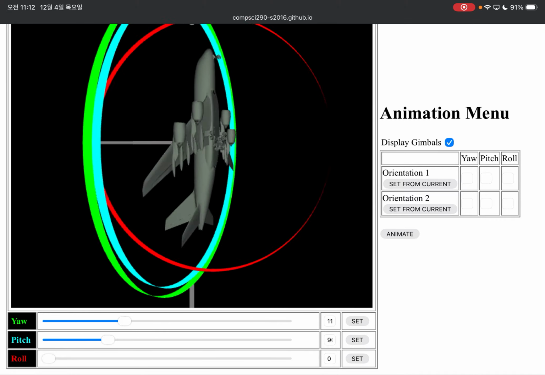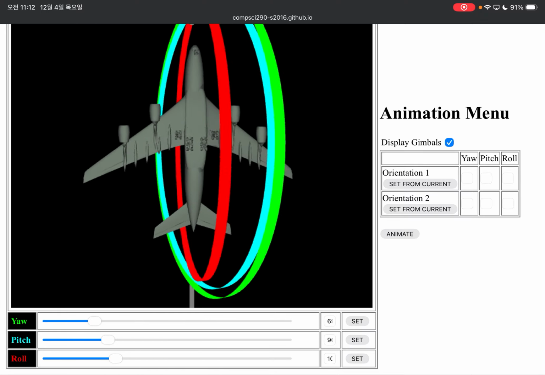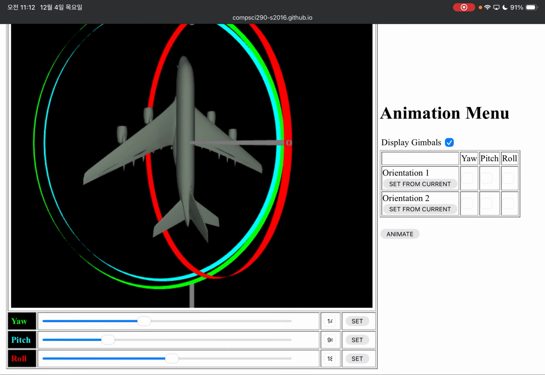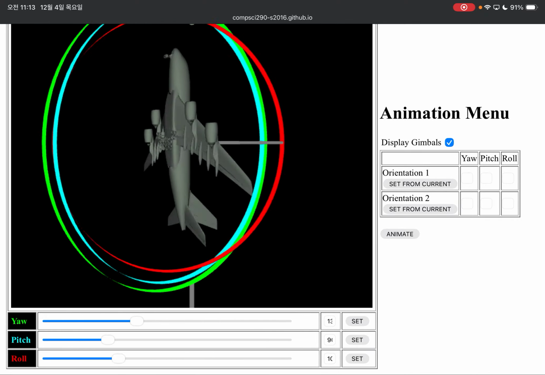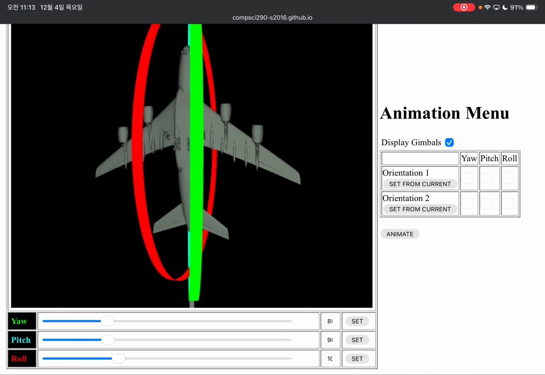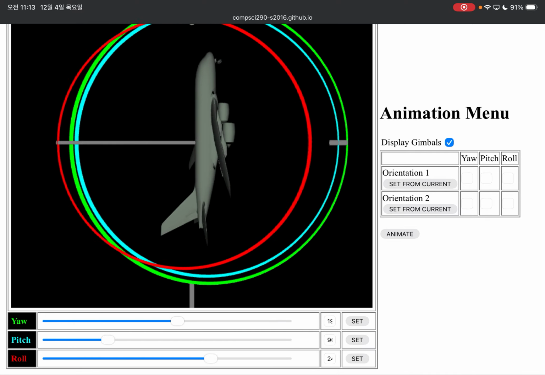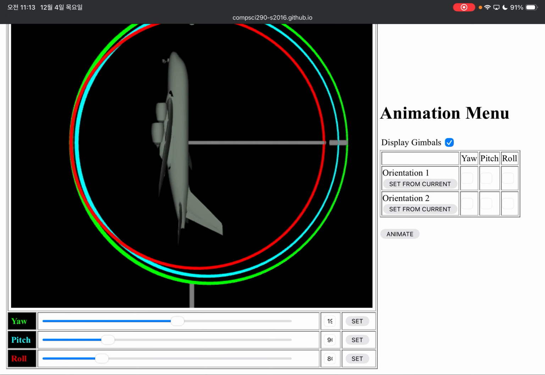So if we rotate yaw, or if we rotate roll, they rotate in the same direction, right? I'm just changing yaw and roll. Originally, they should move the aircraft in different ways. But if we set pitch to 90 degrees, then yaw or roll, the aircraft is just rotating in this same direction. So we only have 2 degrees of freedom now. That becomes a problem. That is called gimbal lock, the singularity of Euler angles.